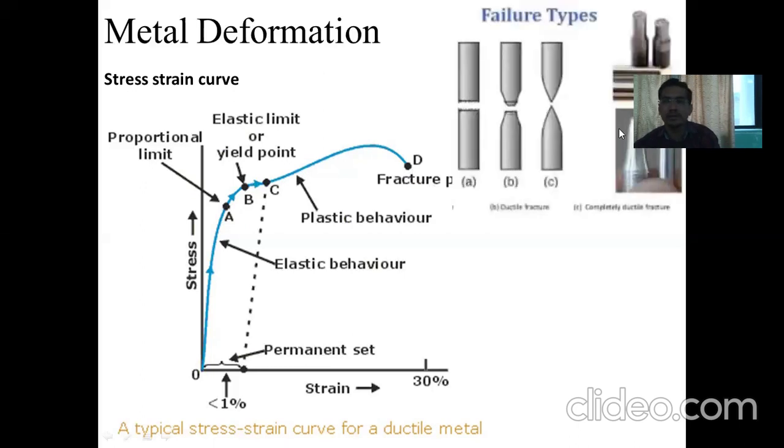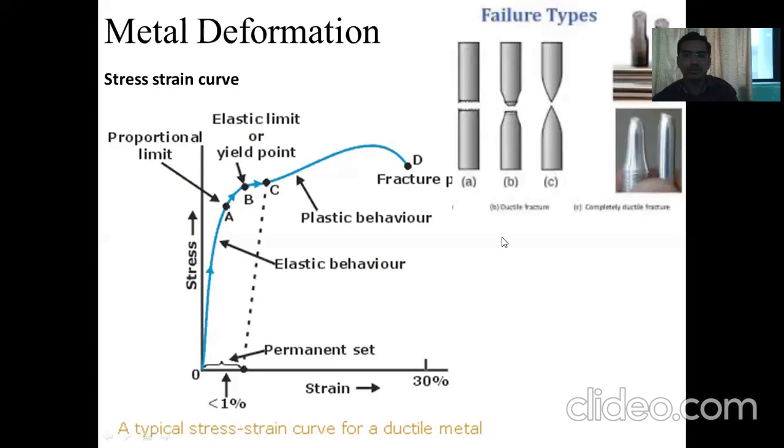So here also, diagrammatically, you can see the deformation for the ductile material. So this is part A, part B, and part C. These are the types of failure or fracture that occur in the ductile material. So cup and cone type of fracture we can observe in the